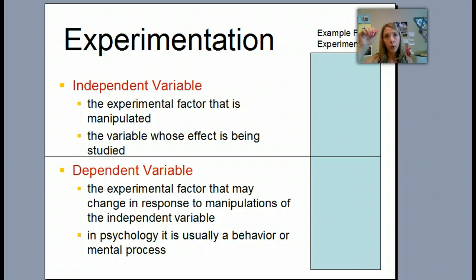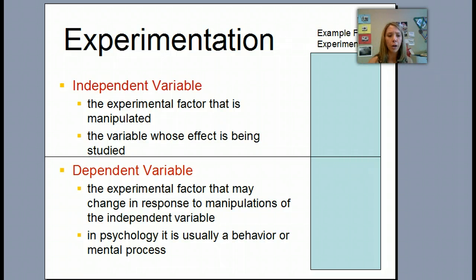Okay, so let's say we have three groups. One group is going to get coffee, one group is going to get decaf coffee, and one group is going to get some water that is brown and looks like coffee. So that's the thing that I'm changing, and then we're going to be measuring whether that affects